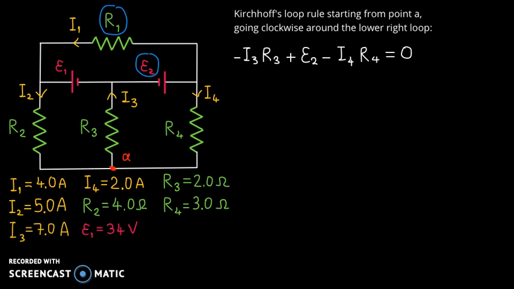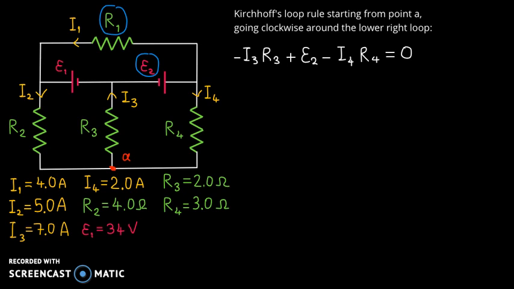So that's an increase in potential, so that will be plus EMF2 in my equation. And then I turn down towards I4 and I'm following the current I4. So again, that's a decrease in potential, and the potential change is equal to negative I4 times R4,